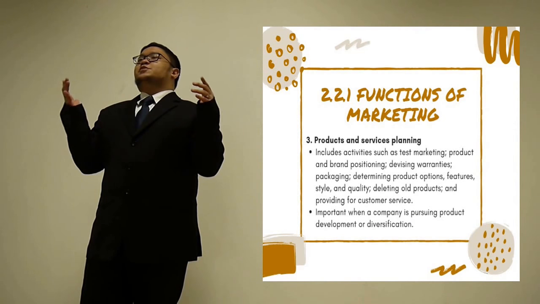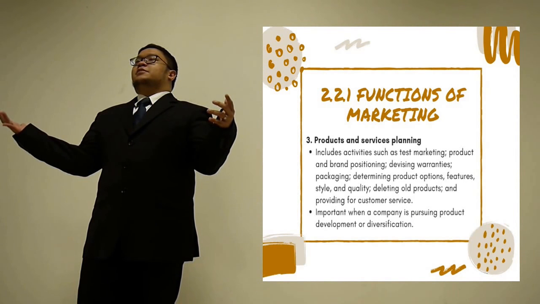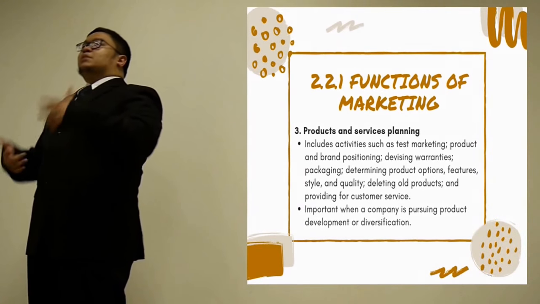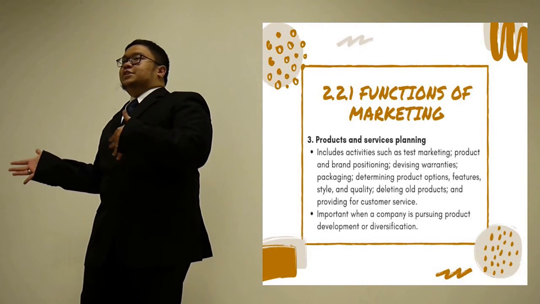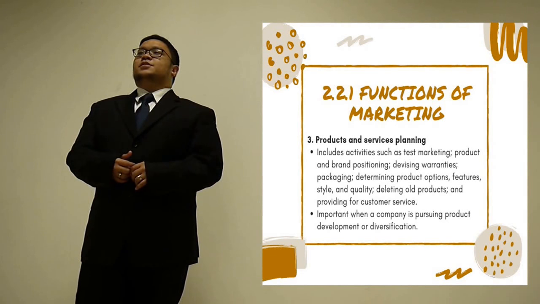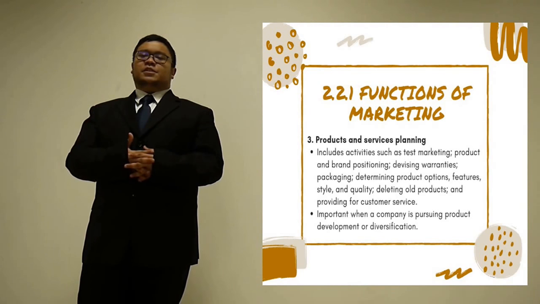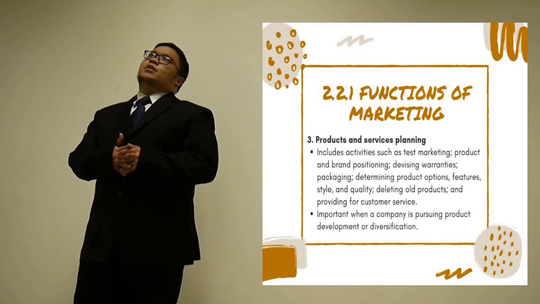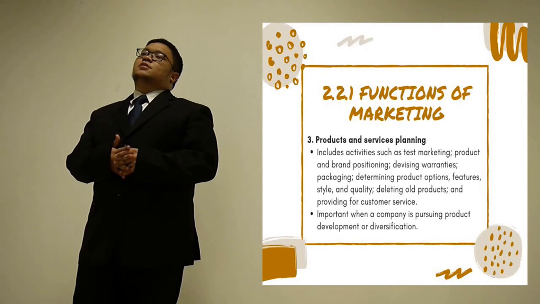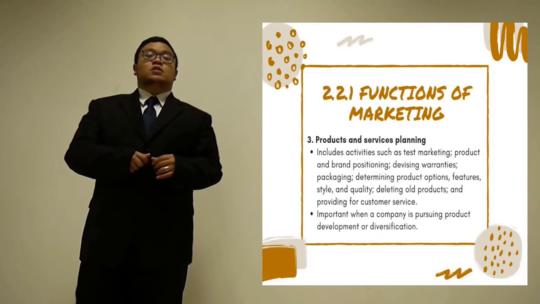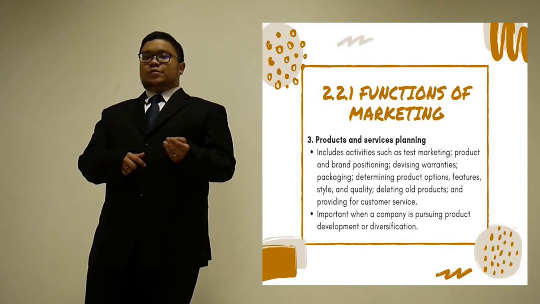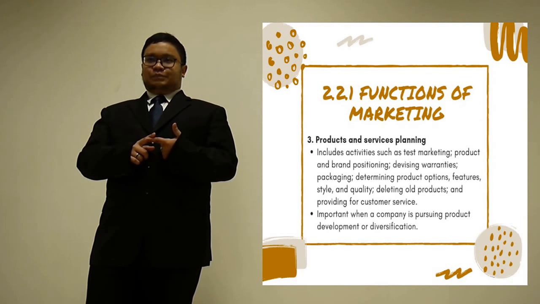So product and service planning are the next function of marketing, including activities such as test marketing, product and brand positioning, devising warranties, packaging, and so on. So this one is test marketing. It's a pilot test. Usually this has been carried out by the filmmaker, by Hollywood, where they create a